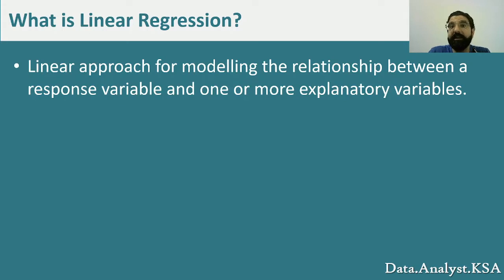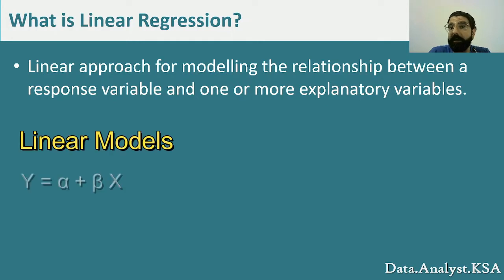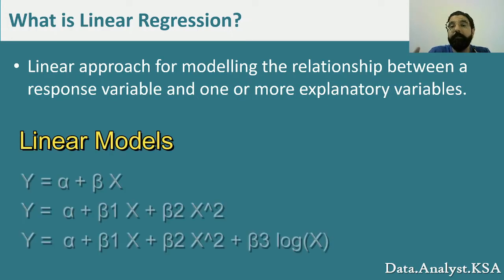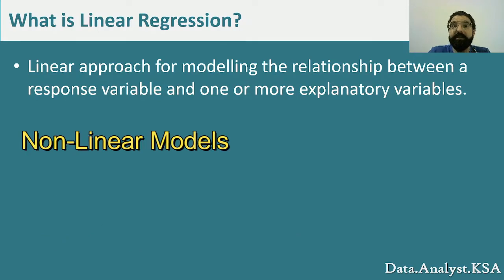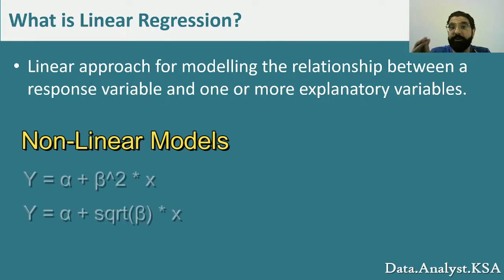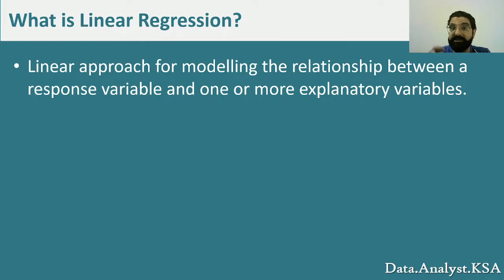So basically we are fitting a linear model, and by linear model we don't always mean a line only. A line is just one type of linear model, but we mean that the coefficients themselves are linear. So they are not squared, not raised to the power of 3 or 4, not square rooted, and not themselves an exponential of something else. The model itself can have x, x squared, or a square root of x, as long as the coefficient associated with that covariate is linear.